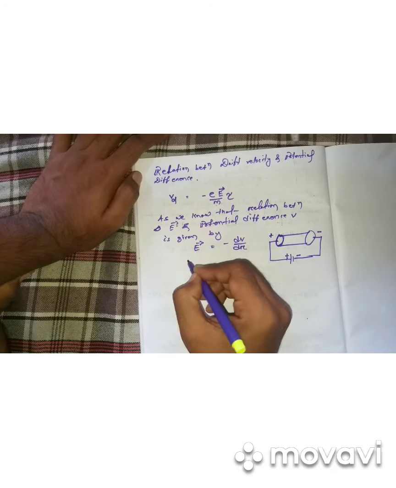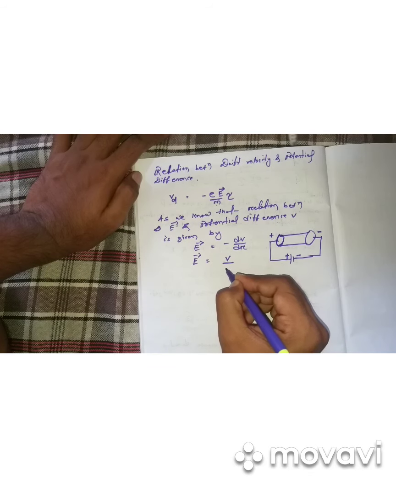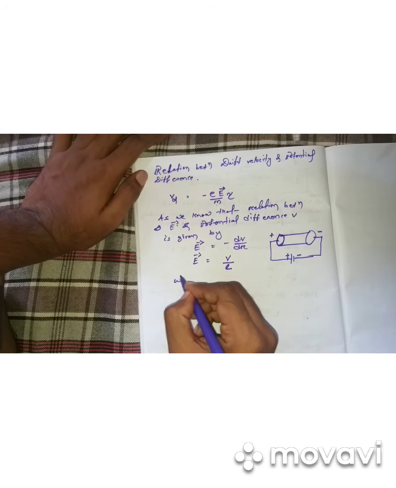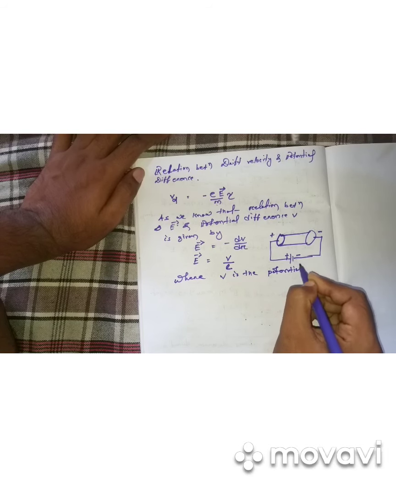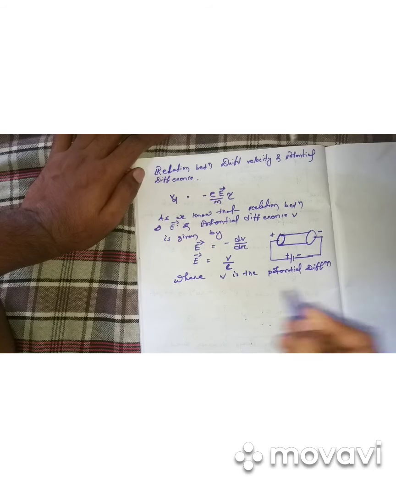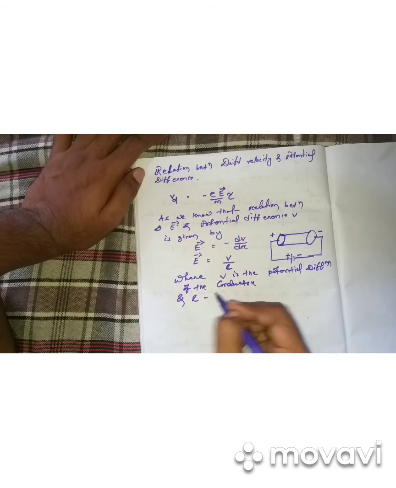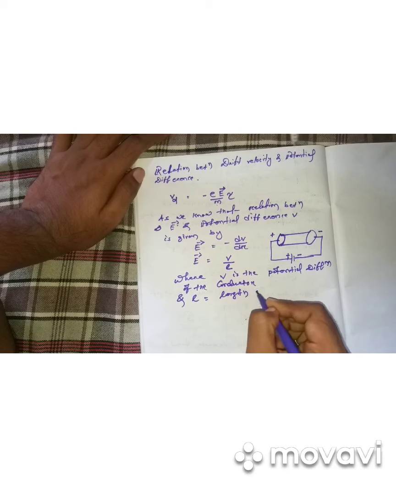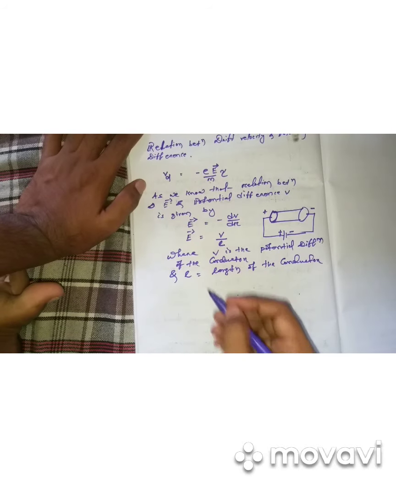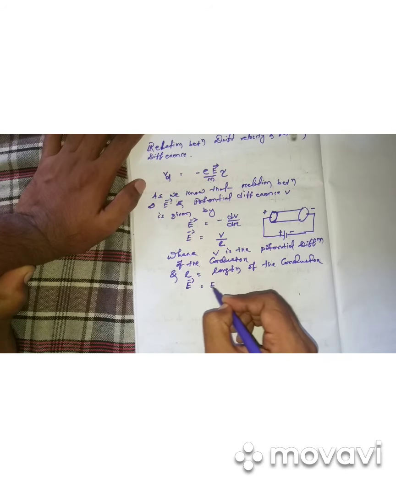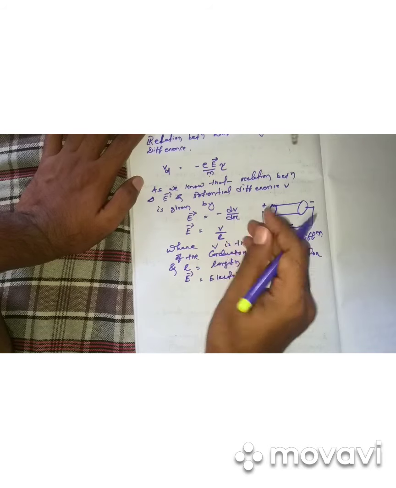So it can also be represented as E vector equals dV by dr, where dV can be represented as V and dr as the length of the conductor, where V is the potential difference of the conductor and L is the length of the conductor, and E is the electric field. Okay, now that relation